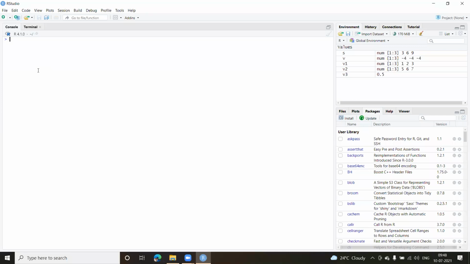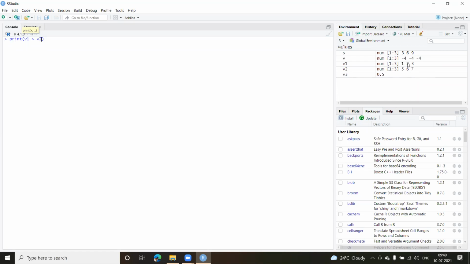Less than. So we have not done the if condition, right? So if I want to directly print, let us say print into bracket, because we already have this v1 and v2 with us, we can make use of that. So I can write v1 greater than v2. What is going to happen is it's going to take each element and compare with the other element at the same index. So the value 1 will be compared with 5. Is 1 greater than 5? No, it is not. So it is going to return either true or false. In this case, it will be false because the condition is not true.